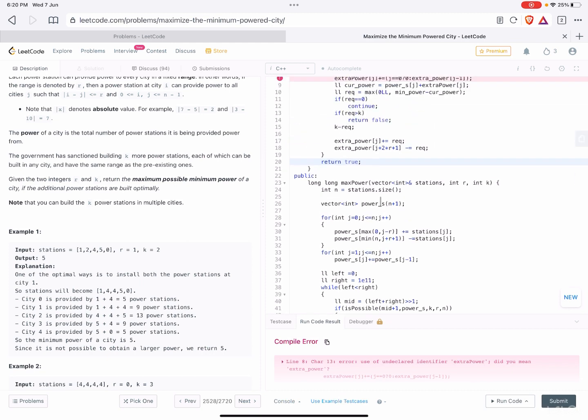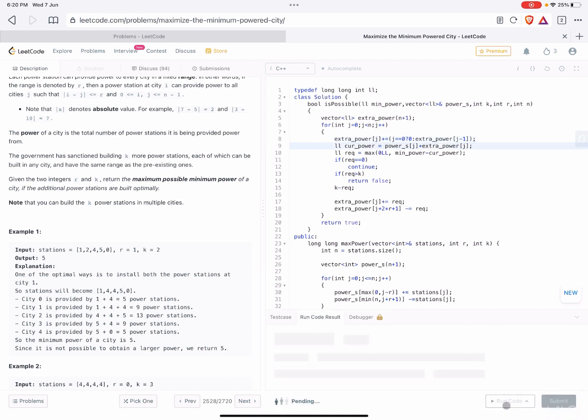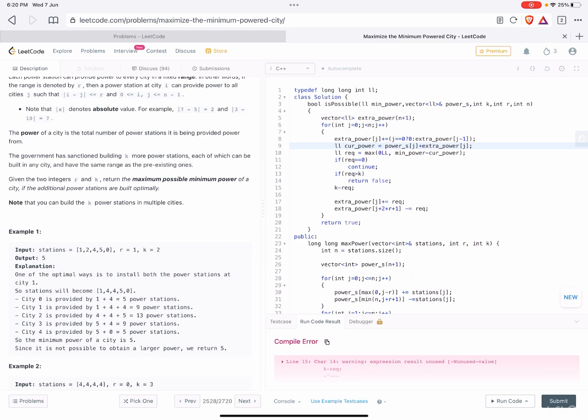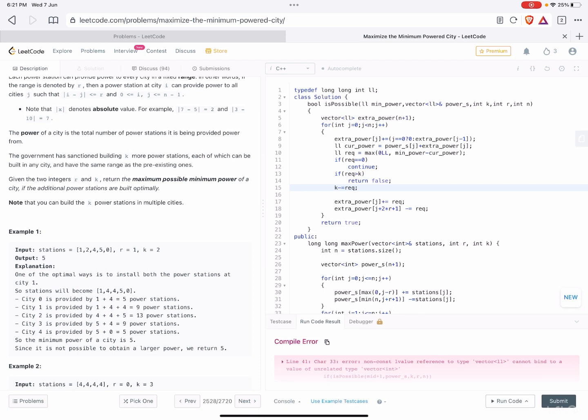I have defined extra power, so it is okay. Let me check if this is some condition error or not. The vector of long long cannot bind to vector of int, so I think I have to change the vector of int somewhere.